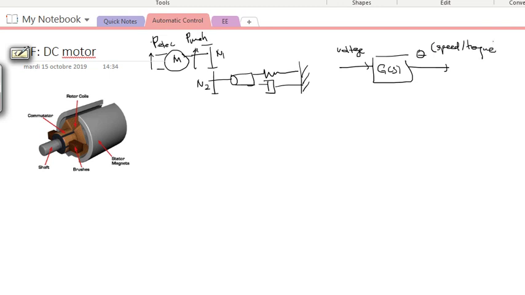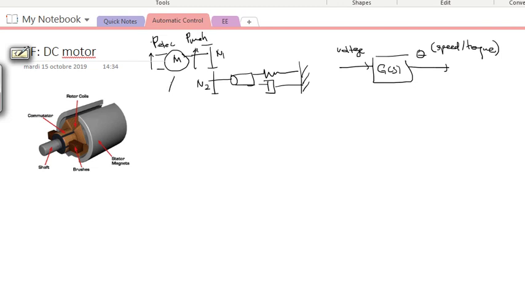For example, imagine an electric car. What you have in your pedal is an actuator that gives a certain level of voltage, and at the end, the tires of your car deliver a certain speed and torque to the road. So today we're going to look at creating a transfer function of a system